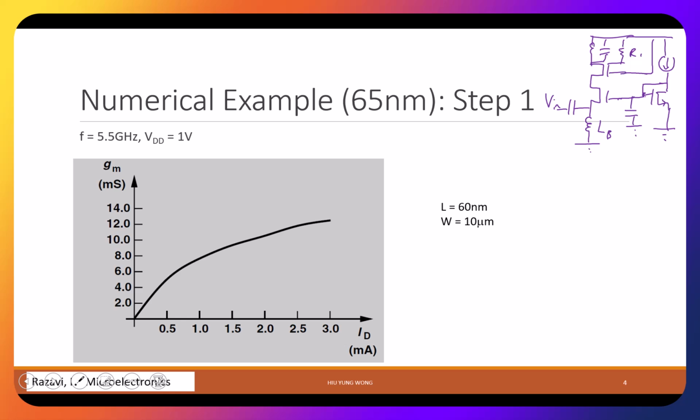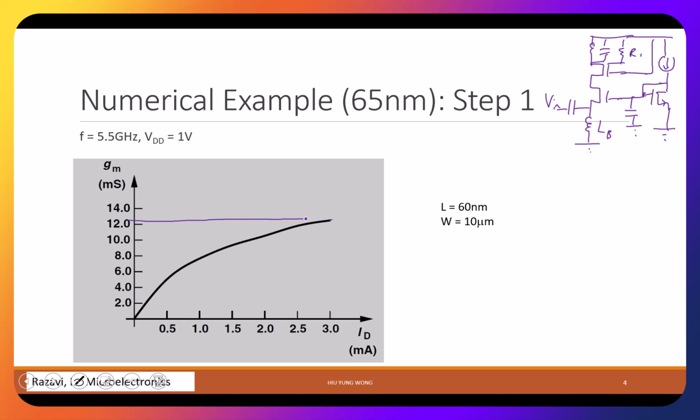And when we say the frequency is at 5.5 gigahertz, it means at 5.5 gigahertz, you want this tank to resonate. You want this to resonate, right? Both of them become open circuit. Okay, so what did we say last time? The first thing, we find the peak. What should be this one? So last time we said we want to find the peak